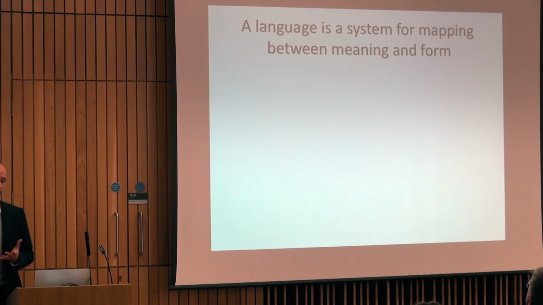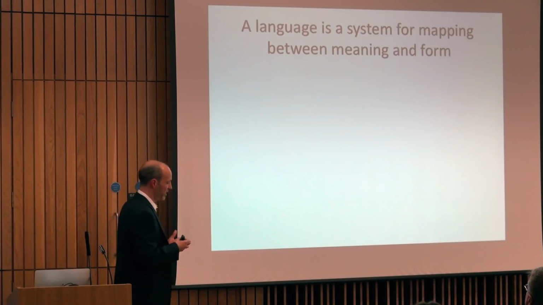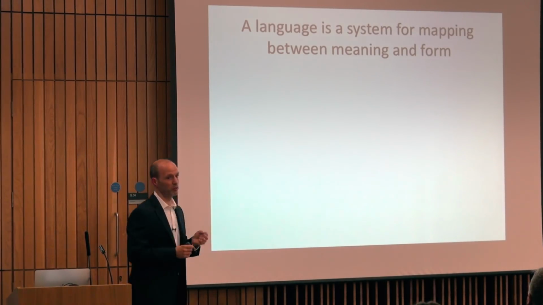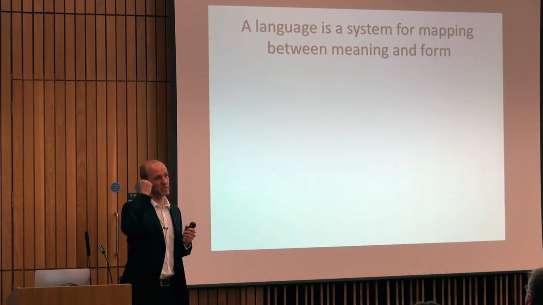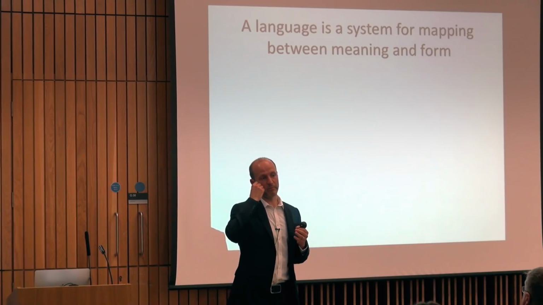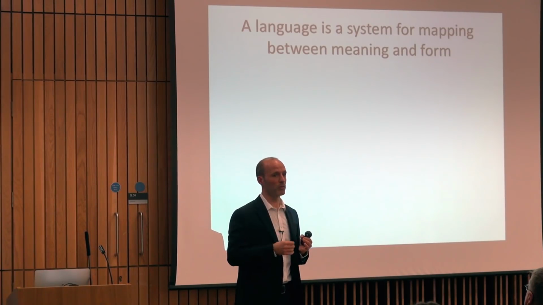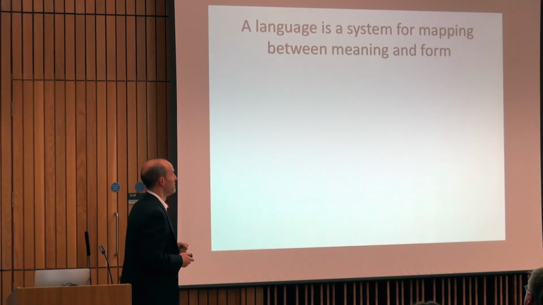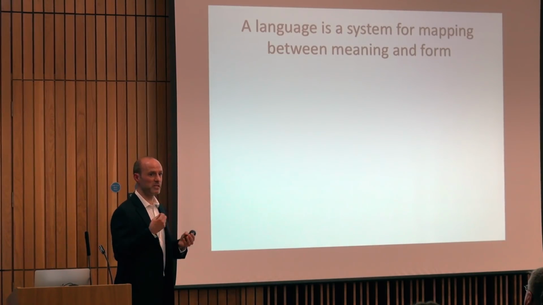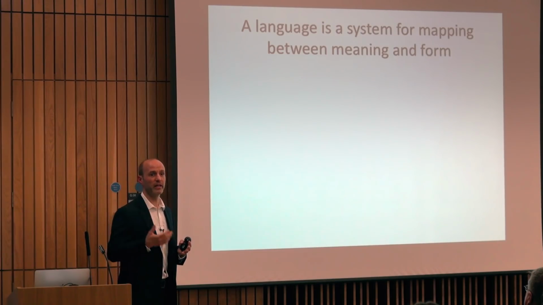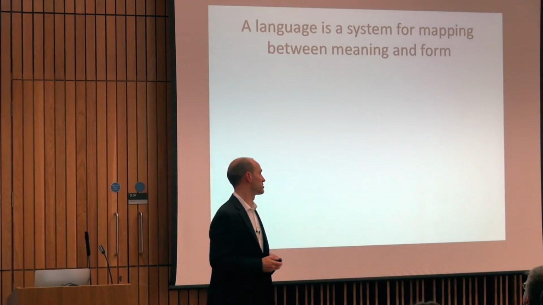Okay, and in order to do that, I need to explain to you what I mean by language. So for my purposes, I'm going to say a language is a system for mapping between meaning and form. So I have some meaning in my head that I want to convey to you, and language gives me a way of producing some series of forms, could be spoken words or signs, that allow me to convey that meaning to you. And then, because if you share the same language as me, you can take that linguistic form that I produced and map back onto the meaning that I was trying to convey to you using that form.